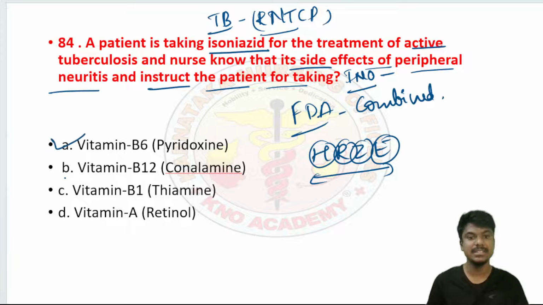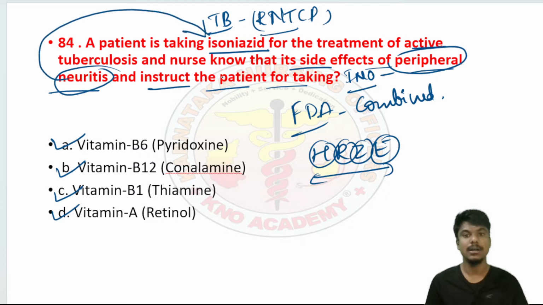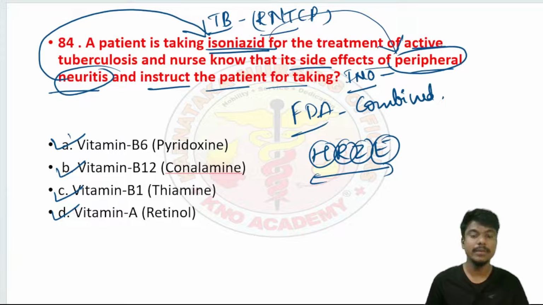Option A, vitamin B6. Option B, vitamin B12. Option C, vitamin B1. Option D, vitamin A. Optic neuritis or peripheral neuritis are the most common side effects of isoniazid. If the patient is on isoniazid, they are prone to get peripheral neuritis. So to prevent that side effect, what will we give? We will give vitamin B6, the pyridoxine tablet, because it helps in